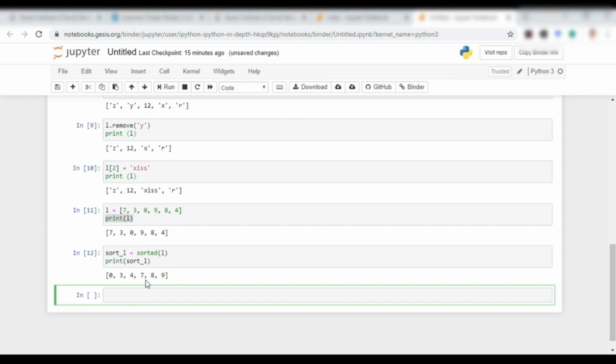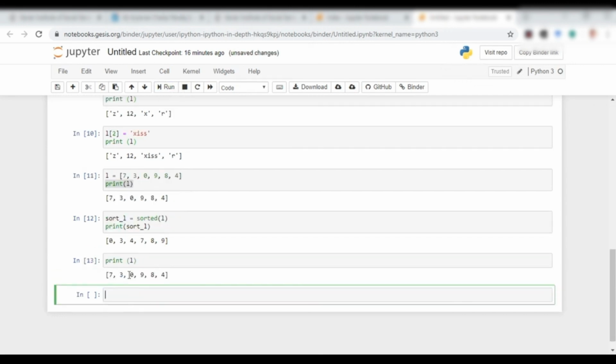So now this is one type of sorting. Secondly, if I again type print L, why am I doing this? To show you what has happened to the actual list. It is still untouched. Okay, one new type of sorting, not new, but the way you will be using it in Python, I am showing you. So this same command,